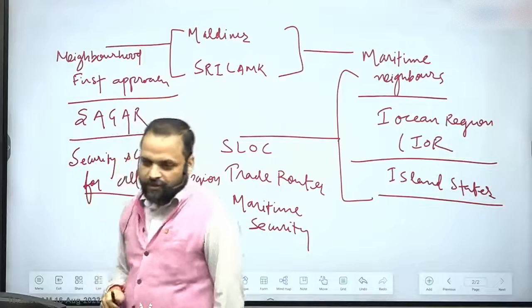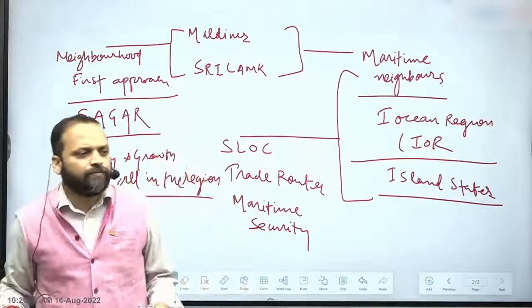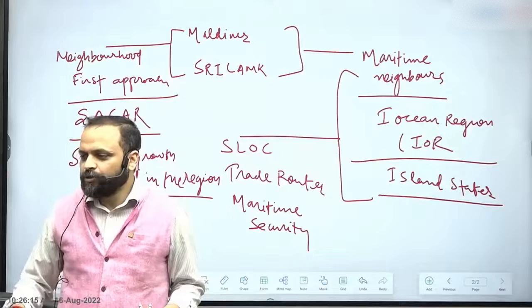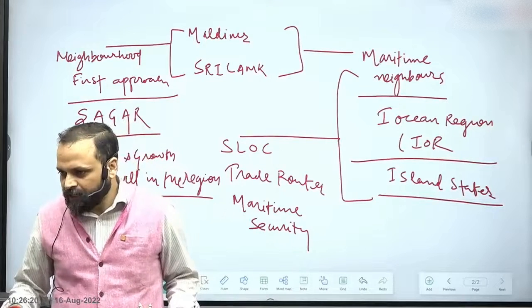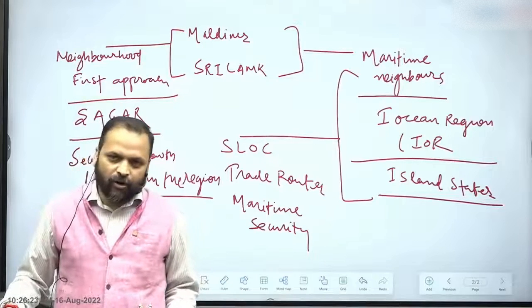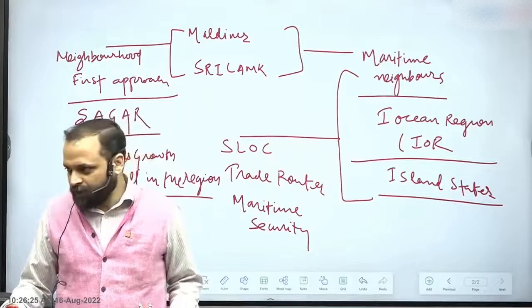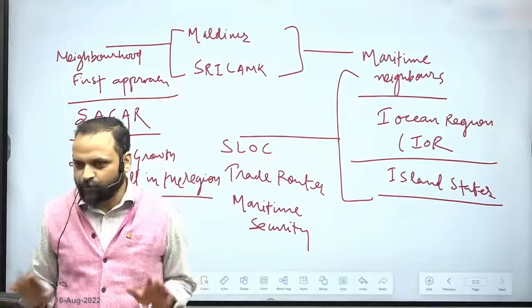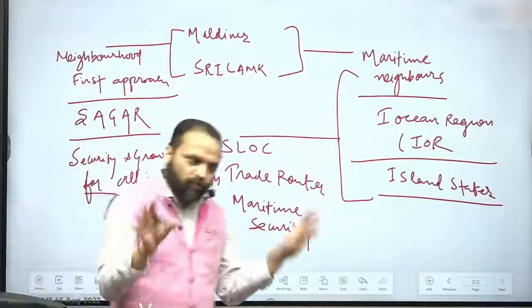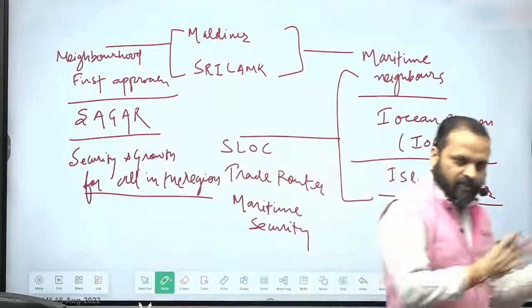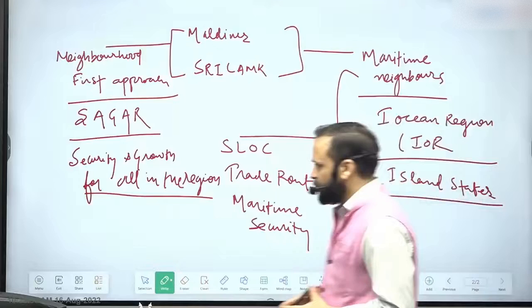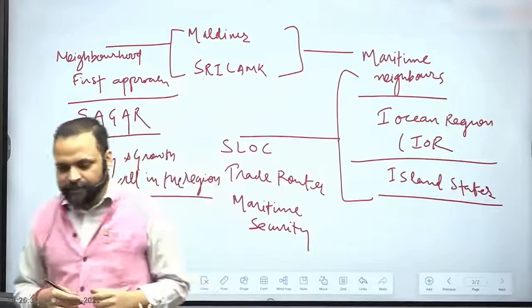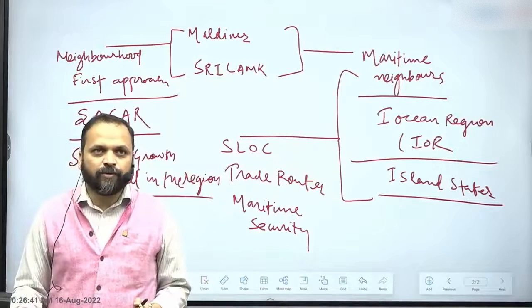Security for growth for all in the region, meaning India has a policy in the Indian Ocean region whereby it is committed to develop cooperative arrangements in the area of economy, in the area of security with the Indian Ocean countries. That is what India is saying, that we would like to promote cooperation for security and for economic progress in the Indian Ocean region. Security and growth for all in the region is what India is committed to. So that's where these countries become important.